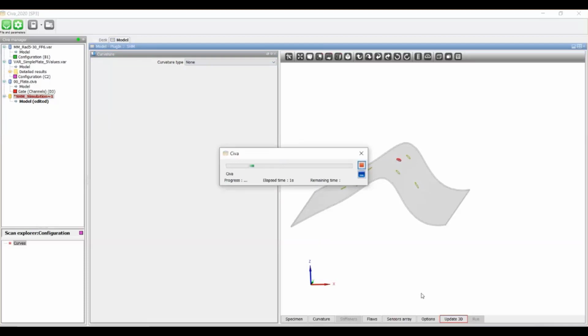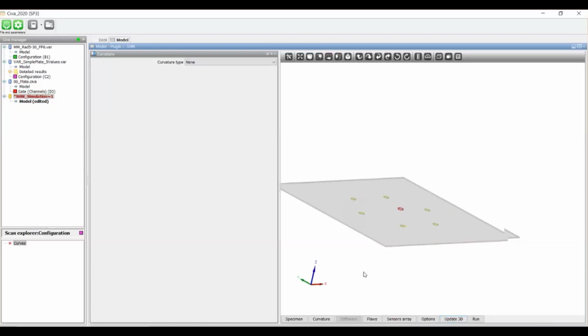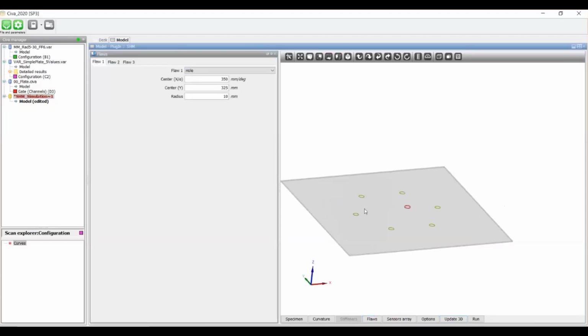In terms of defects, what can you do in this first version? You can go here on the flaw panel. Actually, up to 3 defects can be defined per simulation. And in the drop-down list, you can see the different types of defect available. You can see a hole, a crack generated from this hole, or erosion-like profiles. You will also find delamination as soon as you have a structure with several layers. We will see an example a bit later.